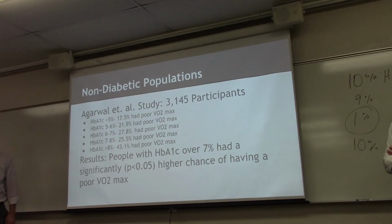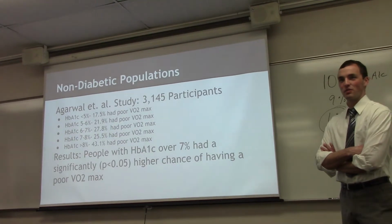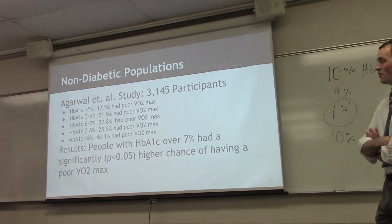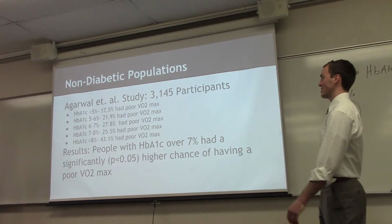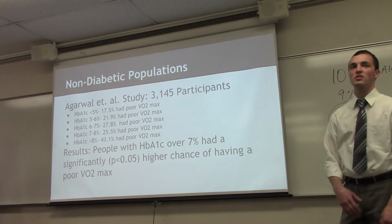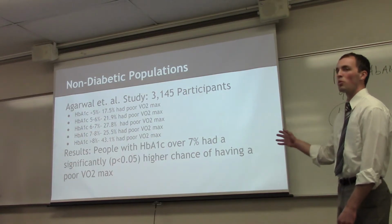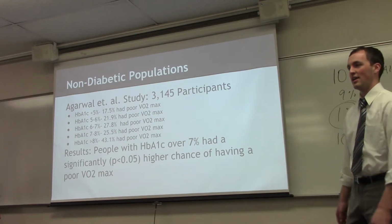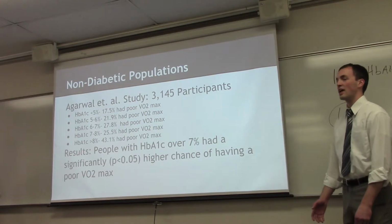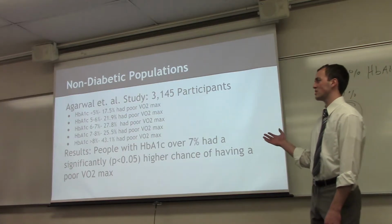Yep. Skip it. So if any of you are wondering what your own hemoglobin A1c levels are, there's a very important study done by Dr. Agarwal. He and his associates took 3,145 participants, just normal people. Some of them are diabetic, some of them aren't. He had them perform a graded exercise test, and he wanted to see if there's a relationship between